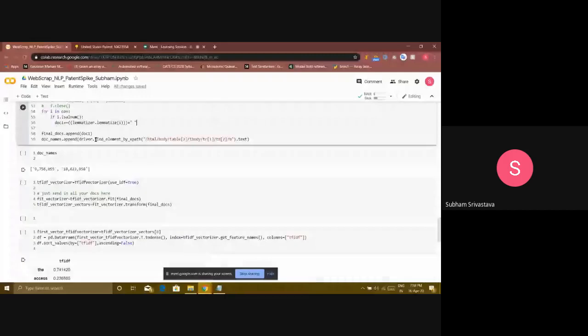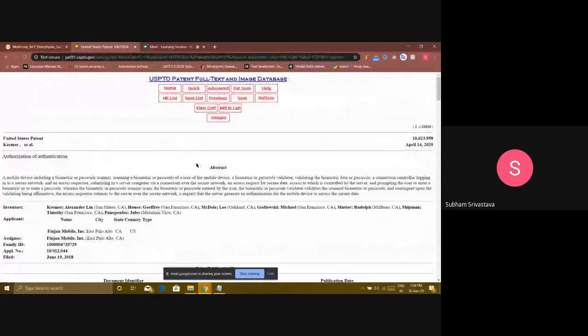Yeah, so in the final docs, we are finally appending whatever final string document we have got, catering to each page URL that I've given, because I've used a for loop. And here doc names, okay. Whenever I represent my values, I have to know which document it caters to. So I see here this one is the page number.